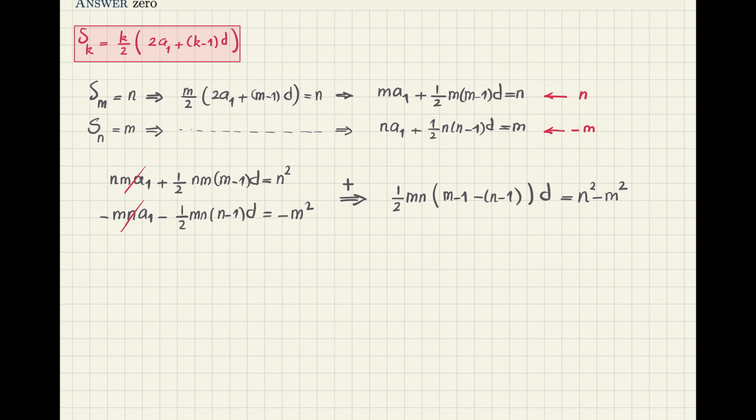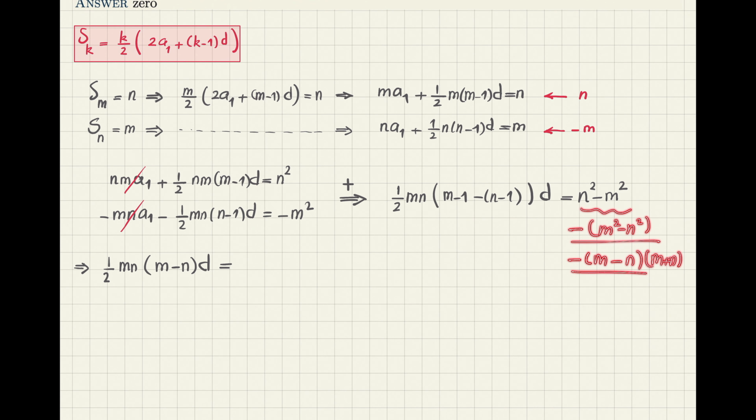So I will get this relation, 1 over 2mn, and then I will have m minus n times d. On the right hand side you immediately recognize the conjugate pattern, but because here m appears first, I will factor a negative sign out first, then it becomes m squared minus n squared, then I will factorize it using the conjugate pattern, so it becomes m minus n times m plus n. Yes, so this is the expression that I will transfer here. So this becomes minus m minus n